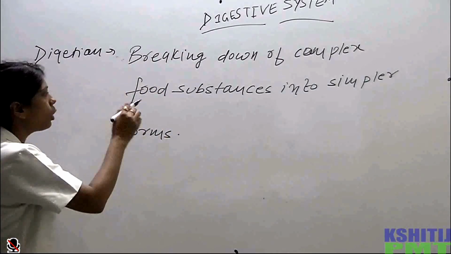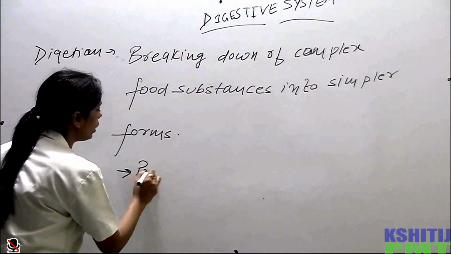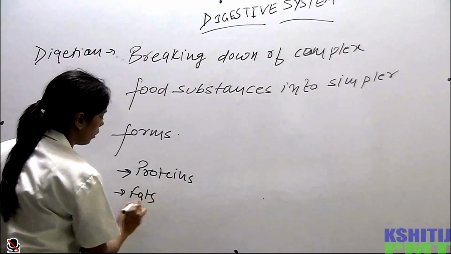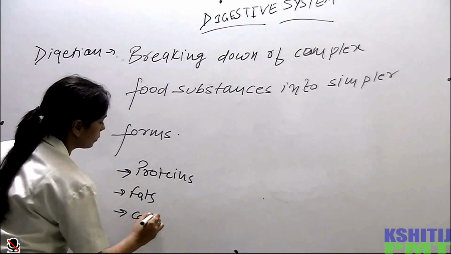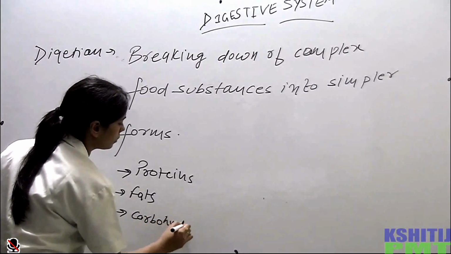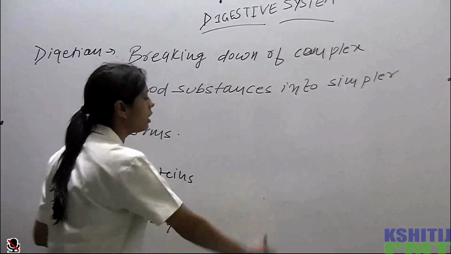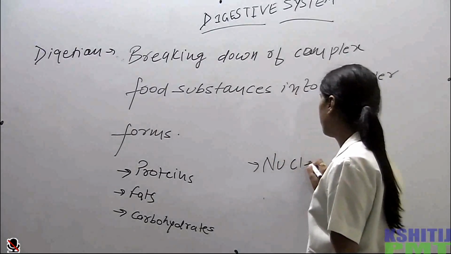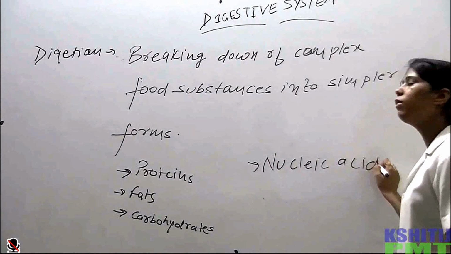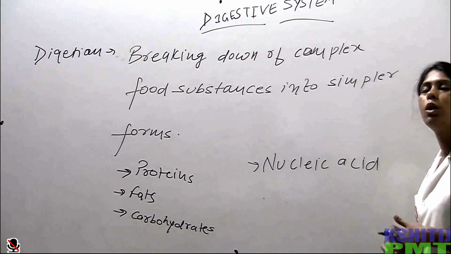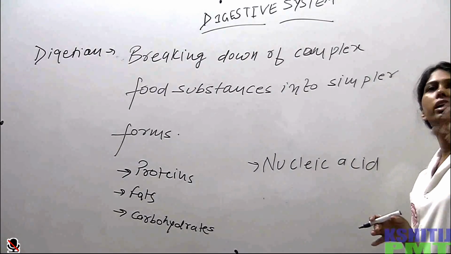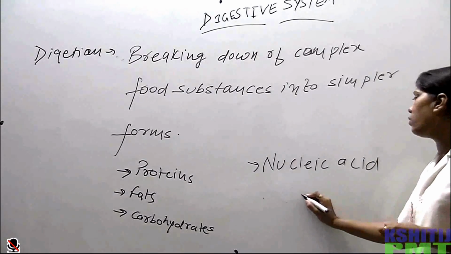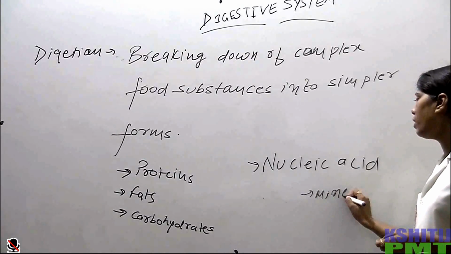So here the complex forms basically are your proteins, then fats, then carbohydrates, and after that nucleic acids. So these four are actually your complex substances which need to be broken down in order to get assimilated. Other substances, just like minerals and vitamins,